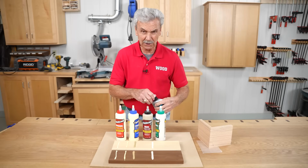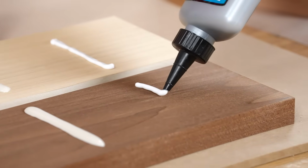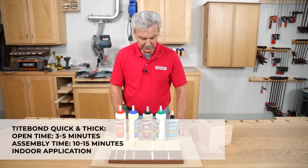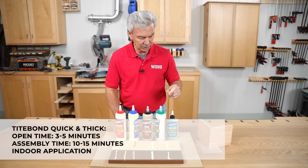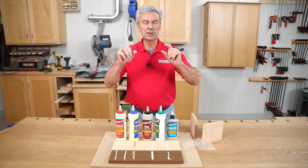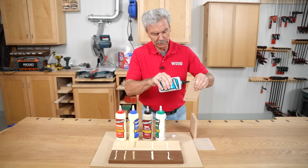The nice part about this glue is that it's really thick. Here it is on both these woods. It has an open time of 3 to 5 minutes and 10 to 15 for assembly. But here's the part that I like the most about it. Because of its thickness, if I were using this on crown molding, if I were doing a small piece of trim on a cabinet, I can put this glue on in a vertical position